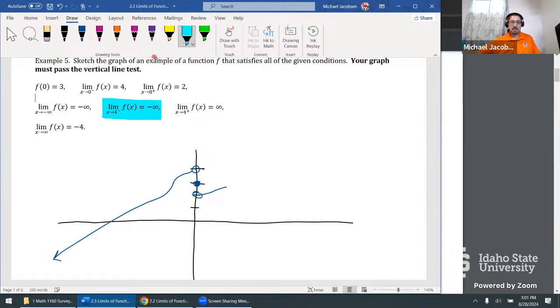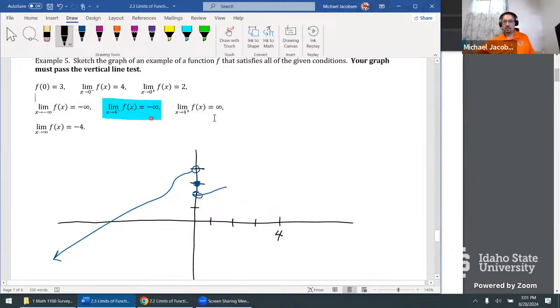Here's our next one. We have information occurring at 4, so we'll go to the x-axis, just throw in 1, 2, 3, 4. And noticing at 4, well, we have infinities coming up. That suggests we probably want to put some dashed lines for a vertical asymptote. Again, this one had no vertical asymptote, only because x was going towards negative infinity, not a finite number. But now if you have infinities, where there is a finite number in here, that's when the vertical asymptote will